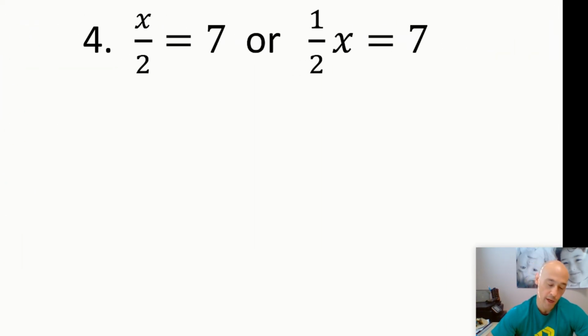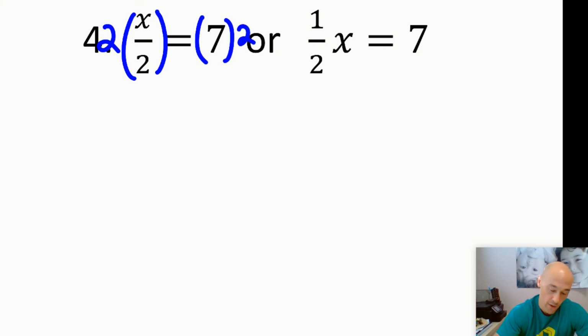Our last problem here, we have two different methods, or two different ways of seeing it. Here we have x divided by 2. So it's a fraction, but fractions are really division. So the inverse operation of division is multiplication, so I'm going to multiply by 2. Whatever I do on the left, I have to do on the right. These make a 1. A 1x, so we get x is equal to 7 times 2 is 14,